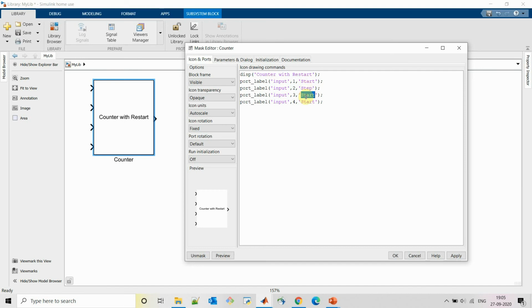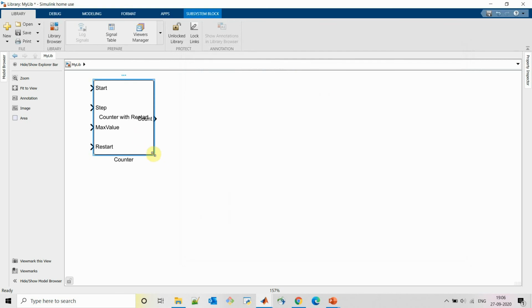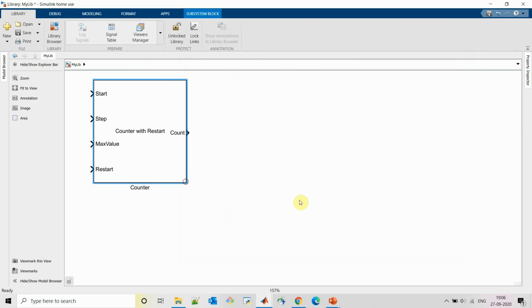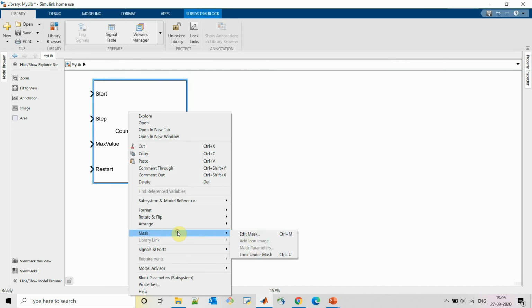Second is step, max value and restart. Similarly, we have one output. Output 1 as count.